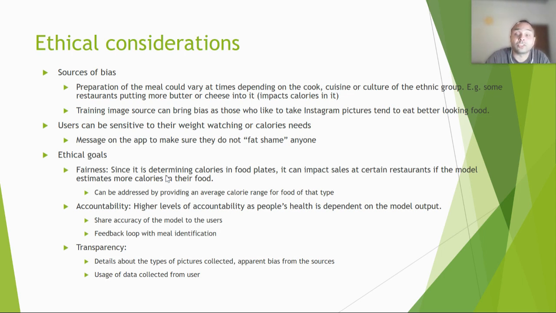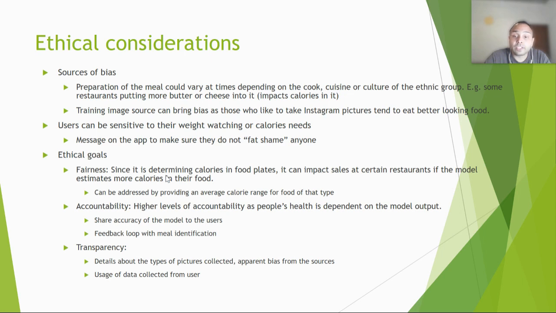With respect to the ethical goals, I think I'll have to be fair to the restaurants and the different cuisines. Some cuisines might have more calories than others. So, in order for me to be fair, I have to give some kind of a range, some standard average ranges that I could share by cuisine, so that for certain cuisines, customers do not have any concerns. There will be high level of accountability on my part to make sure that people can use this data reliably for their health needs. And with respect to transparency,